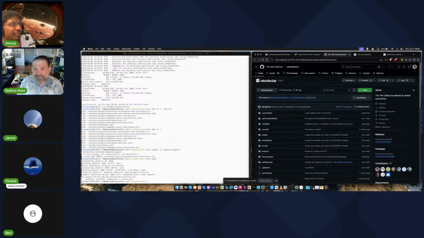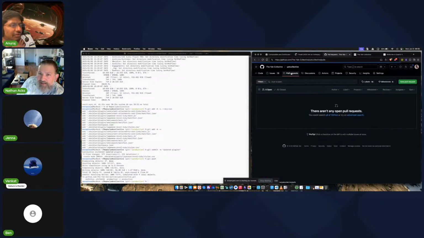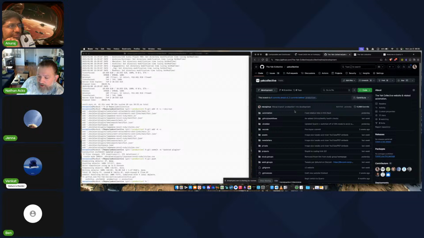Does the build process also run on the PRs? I don't actually know if it runs on the PRs. I have not tested that. So maybe somebody who doesn't have access to GitHub could take a look.